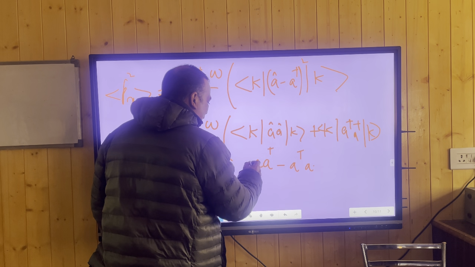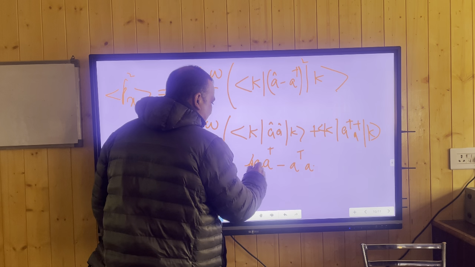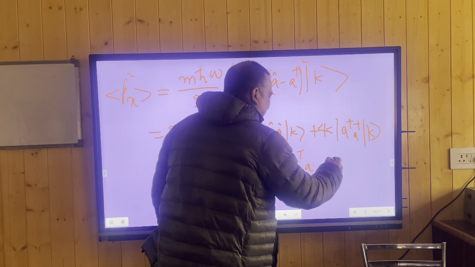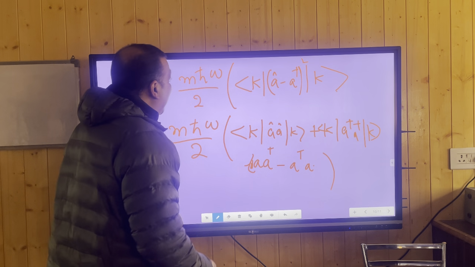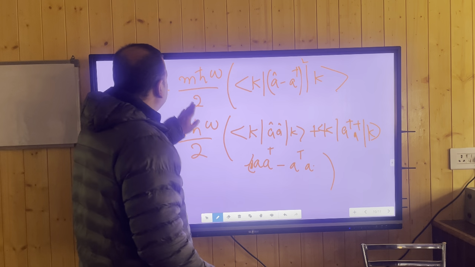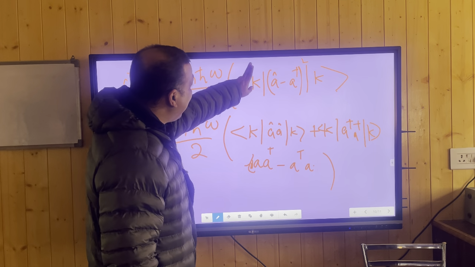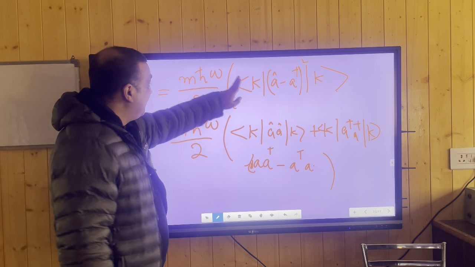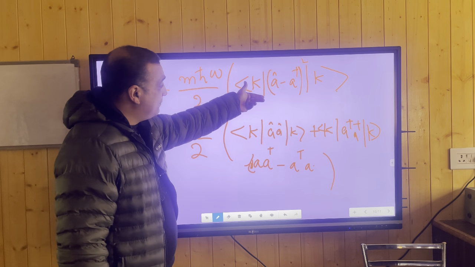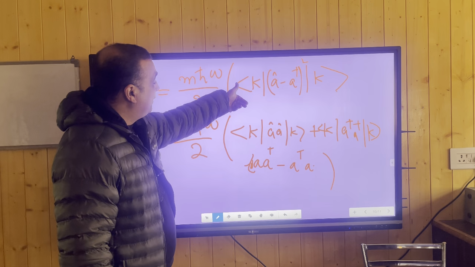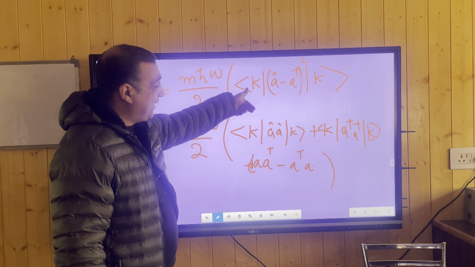So minus will be out, and we know it must have k and k and k, and all of these things are clear to us. But one thing I want to make sure of is that we had iota here. So iota square will give us minus 1, but there is another minus that is existing inside the bracket.